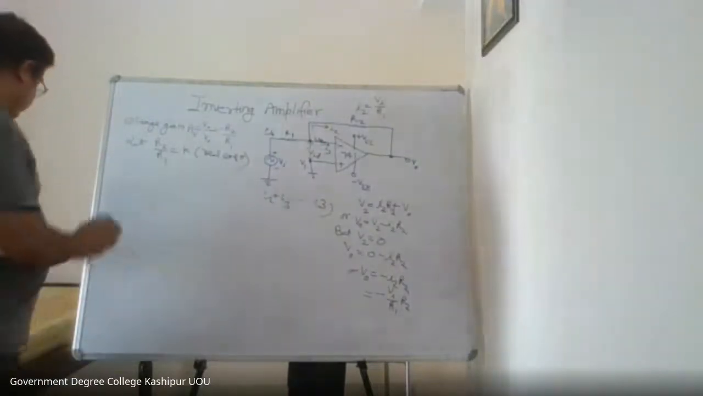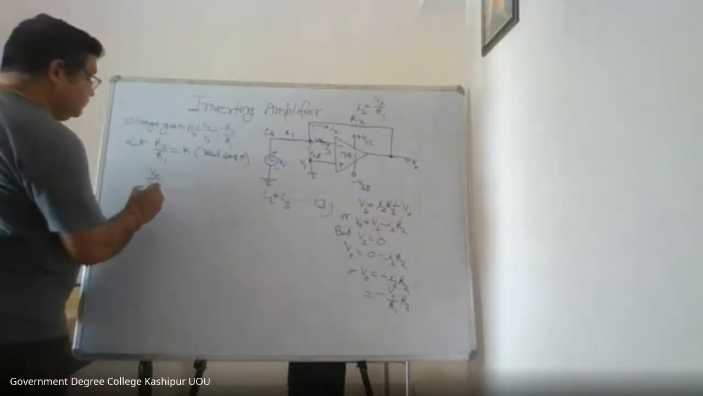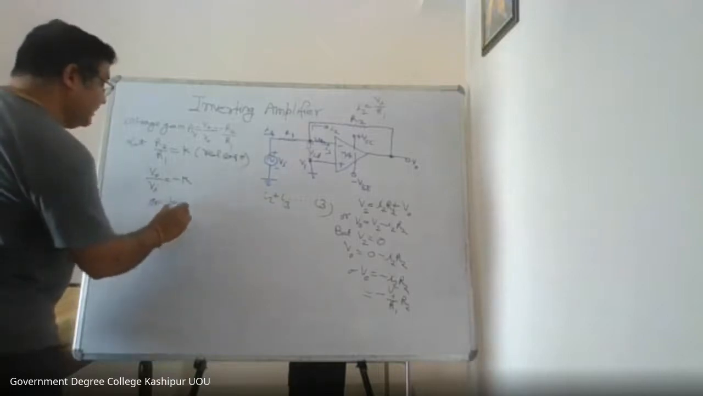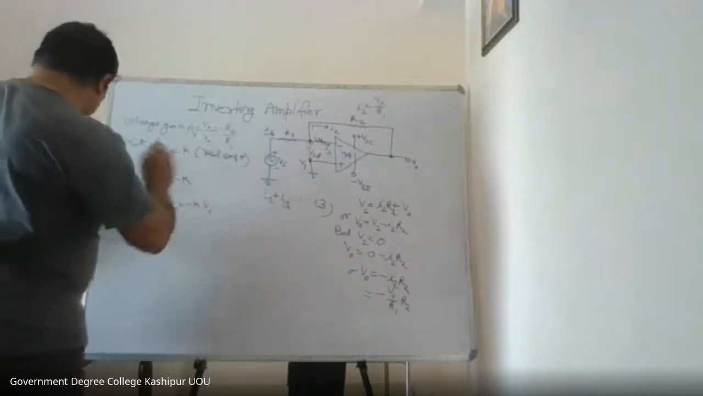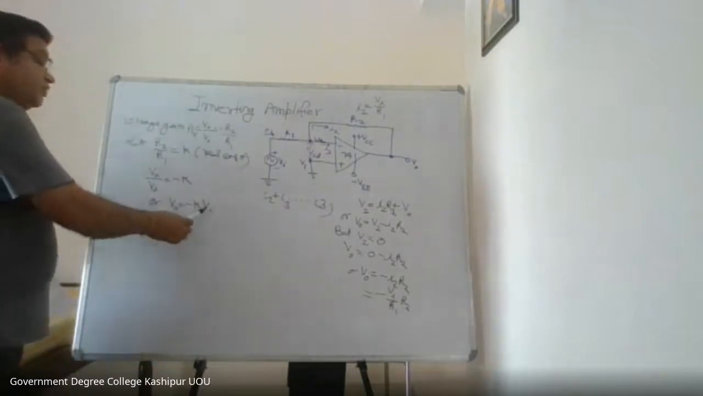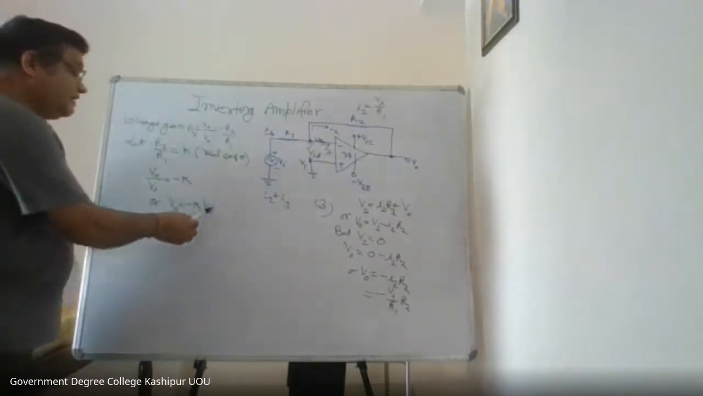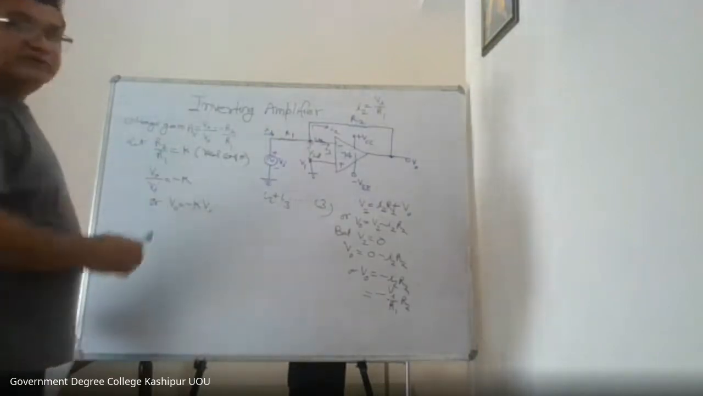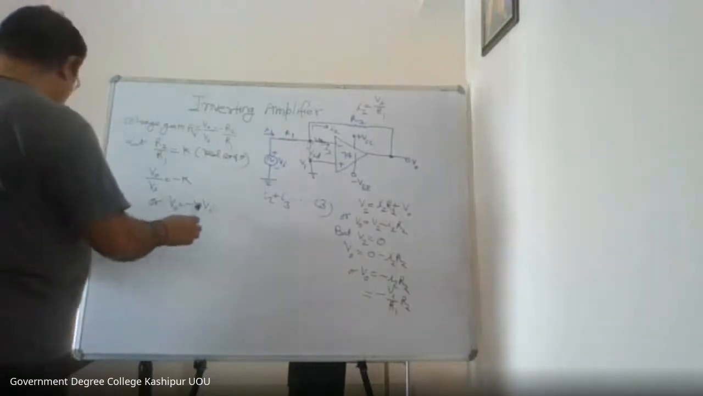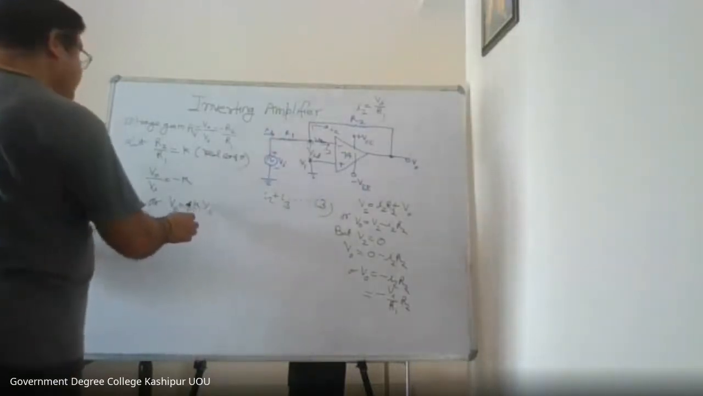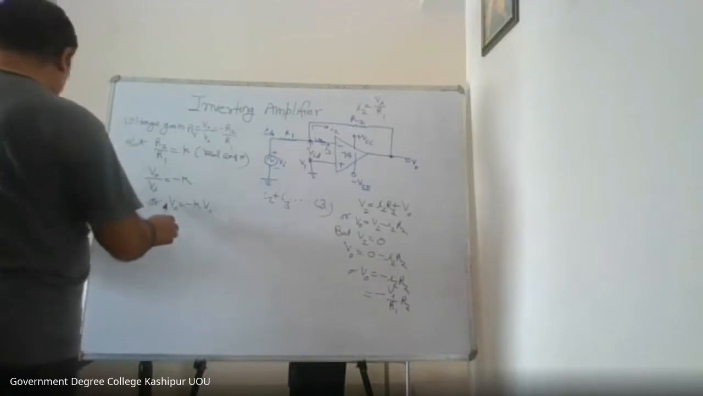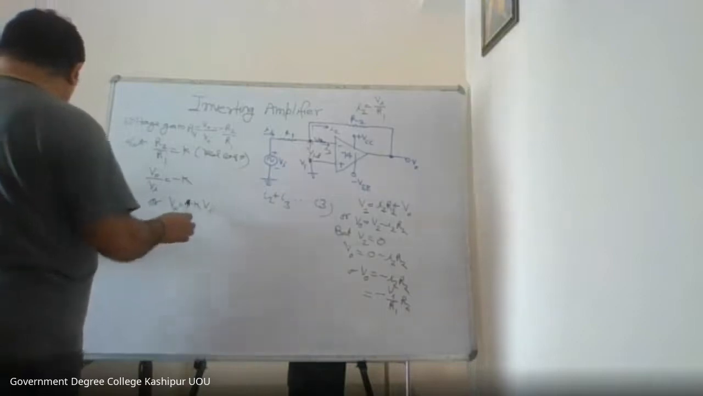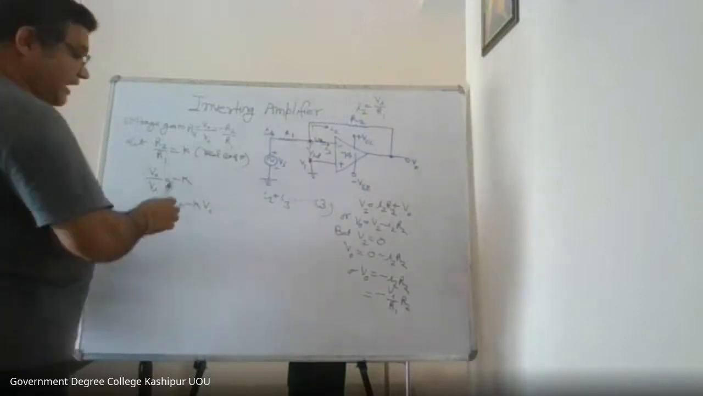Therefore, VO upon Vi equal to minus K, or VO equal to minus K times Vi. That is, input voltage has been multiplied by minus K factor to give the output voltage. Input voltage scale has been multiplied by a factor minus K to give the output voltage scale. In this way, this circuit can act as a scalar changer. And one more thing,